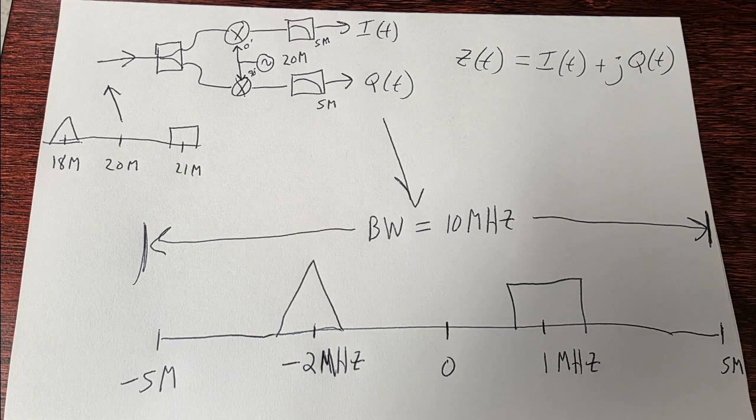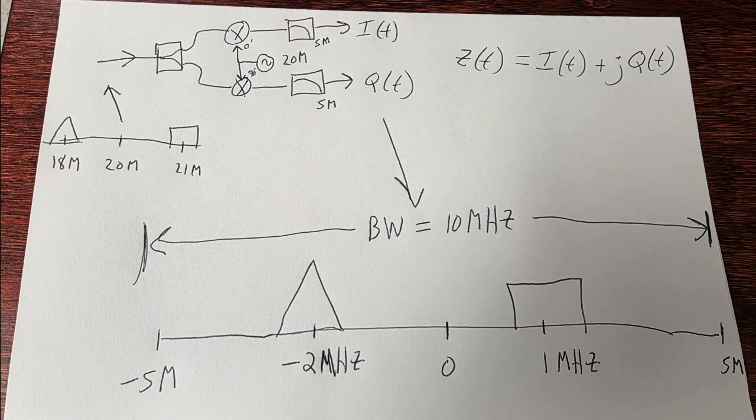The signal that leaves the IQ demodulator is now a complex signal. We'll call that Z. It has a real part and an imaginary part. Now, we just made it that way to keep the math simple, but that's what it is. So, the signal that was at 21 megahertz is now centered at 1 megahertz, and the signal that was centered at 18 megahertz is now centered at negative 2 megahertz. So, that's what we mean by negative frequency. It just says it's 2 megahertz below 20 megs, because 20 megs is what we arbitrarily set our LO to